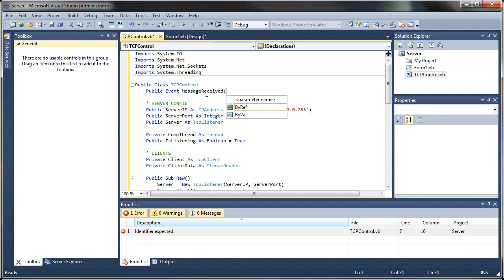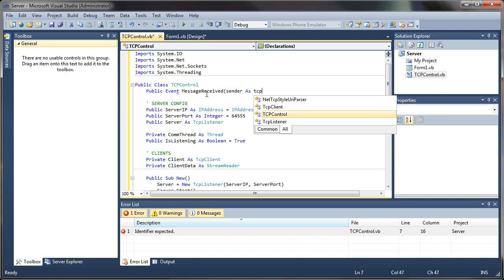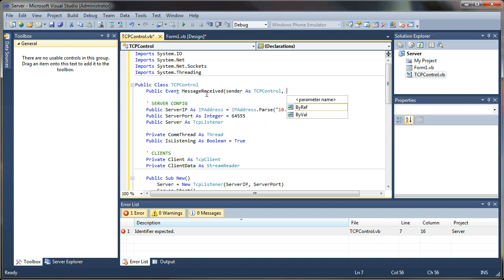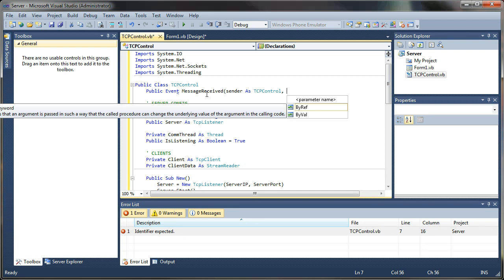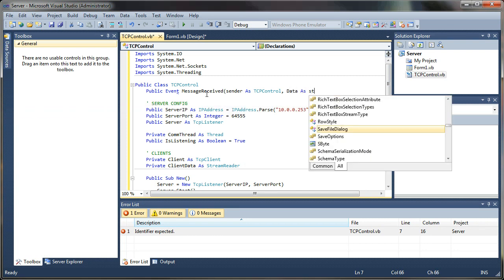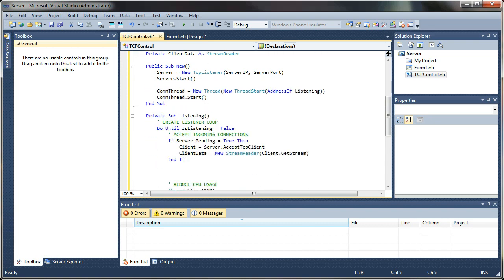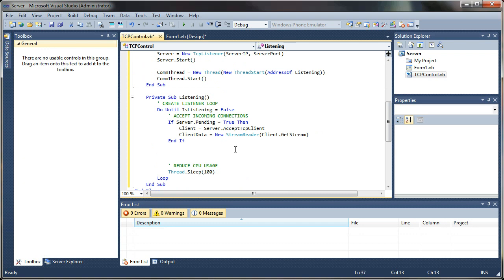Okay, and I want to relay the sender as the TCP control, and I also want to relay the data stream. So I'm going to relay data as a string, returning a string whenever this event is fired, along with the control that sent it. So down here,